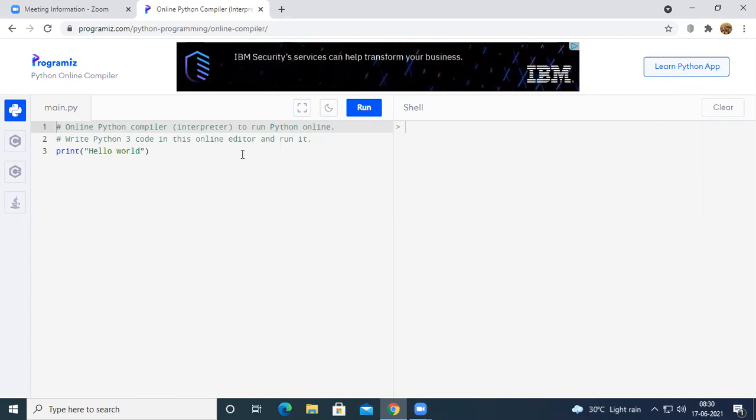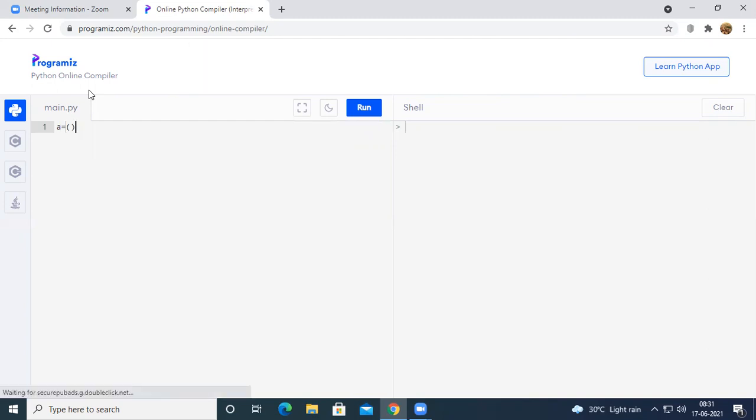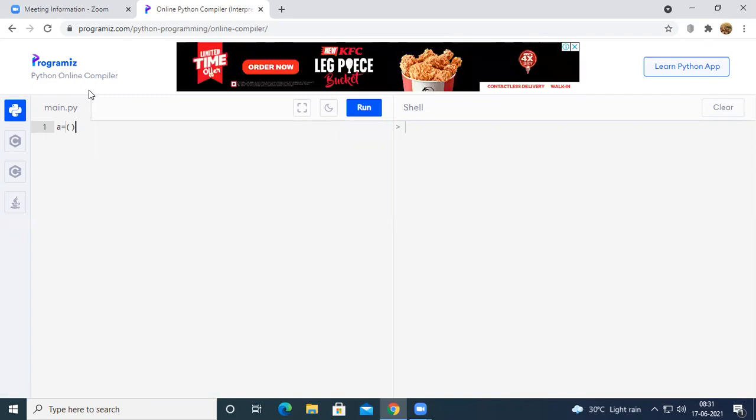We all know that a list is defined by using the square brackets. If we want to define a list, we go for the square brackets. At the same time, if you want to go for a tuple, we use normal parentheses. The main difference between the list and the tuple is that a list is mutable, but a tuple is immutable.